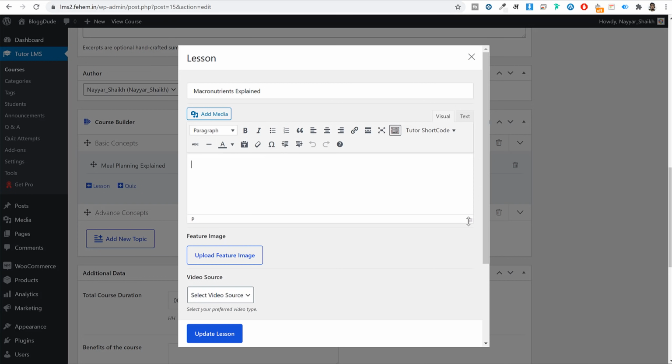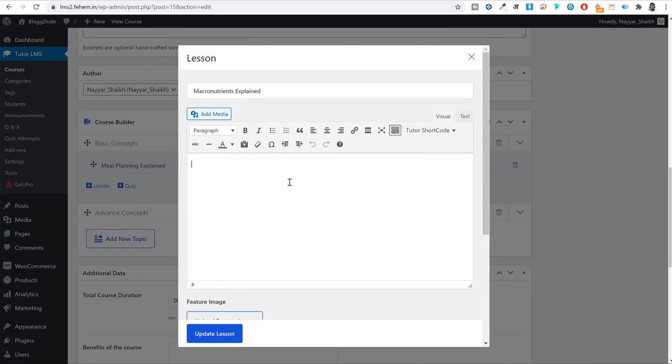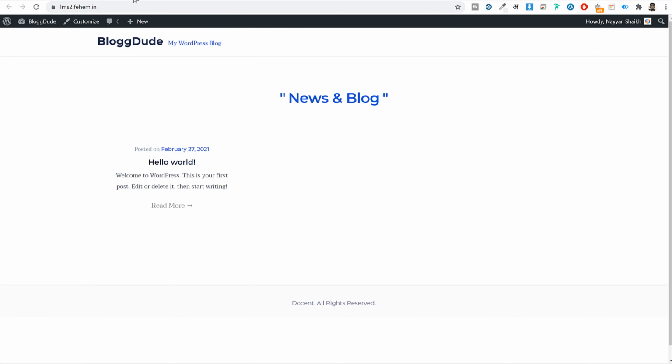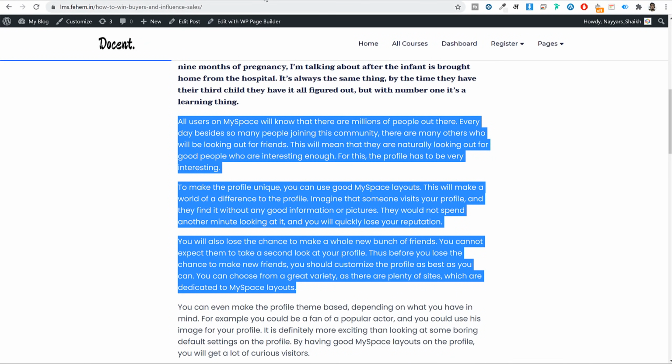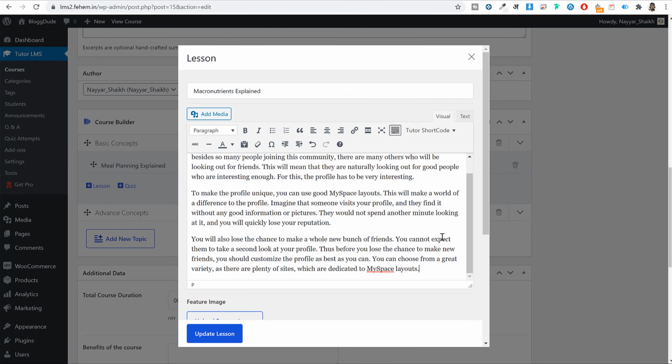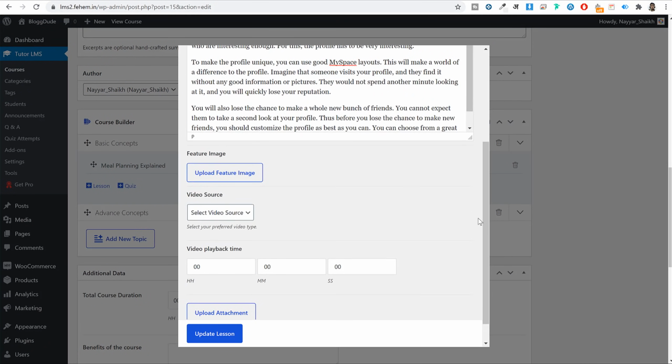Now with this, you can do one thing. You can add video plus article or video plus some text. It is not necessary that you have to add only article or you have to add only video. You can have some text and videos as well. For example, again, let me go back to this post. Let me just copy some dummy text from here. So I want to add this much text over here, and below this text or maybe above this text, I want to add the video.